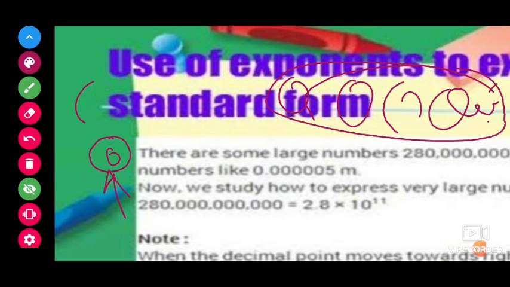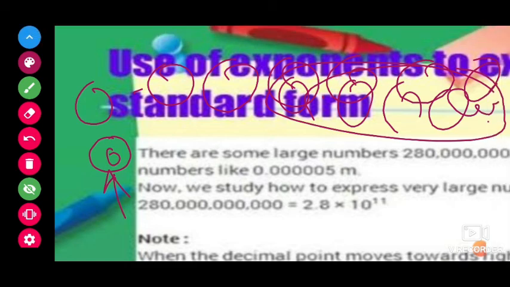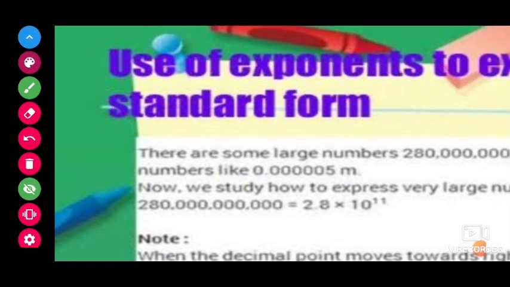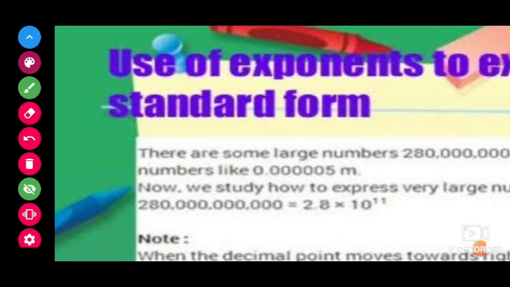So that and all, 0.0000000 you will write and go. No, for that we will use exponents to express. Okay, for example, what is the distance between the sun and the earth? It will be a very huge number, like for example some 100 crores. So like this we will write and go. No. For this, even big numbers or very small numbers, how can we express them in standard form? We are going to see now.